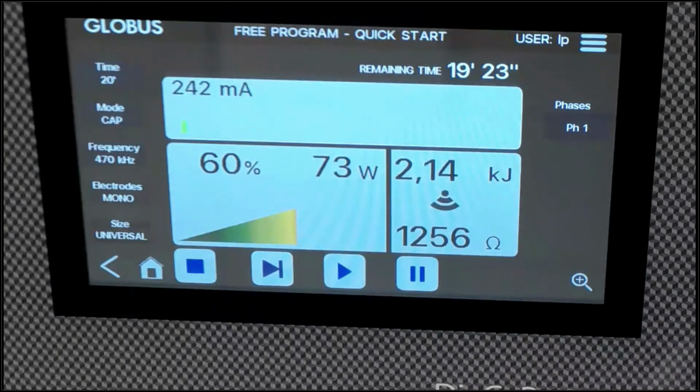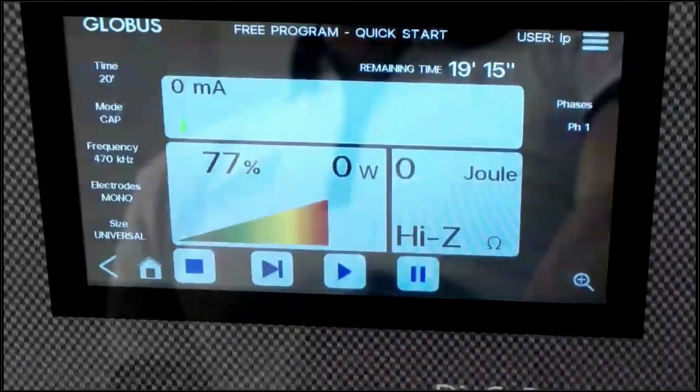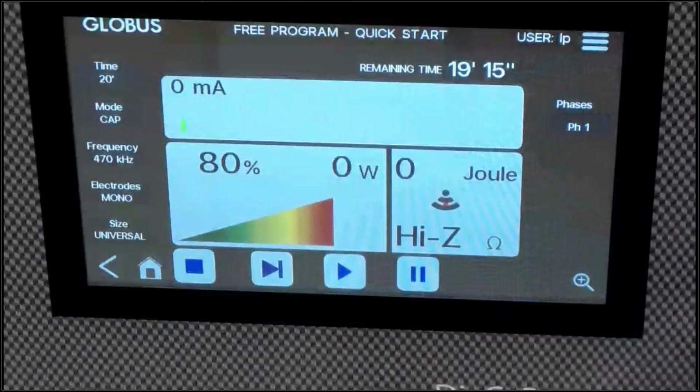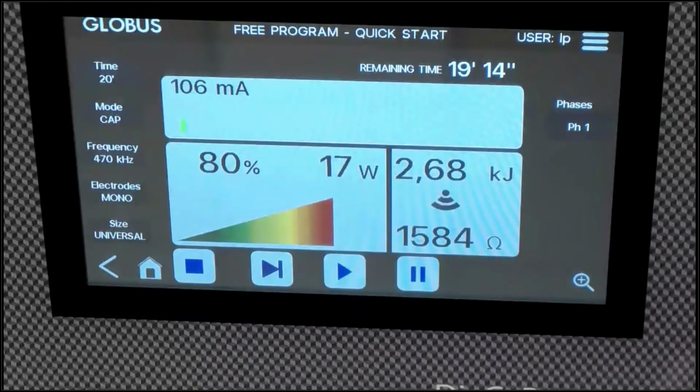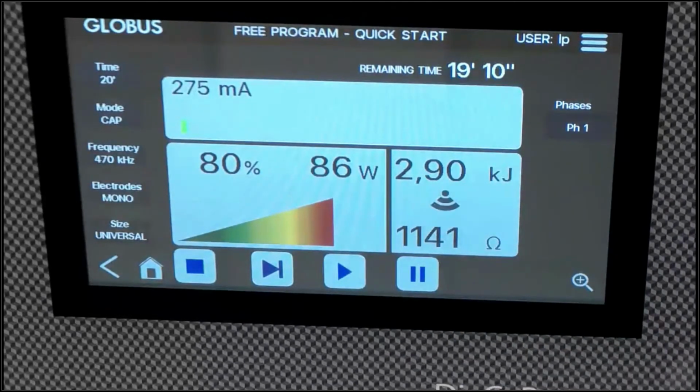Have a look also at the histograms. What the histogram says to us is a green histogram. So we can increase the power. Okay, so I put 70–80%. Okay, 80%. Let's go when it happens. Always have contact with the patient. We can always ask her about her sensation, her thermal sensation.